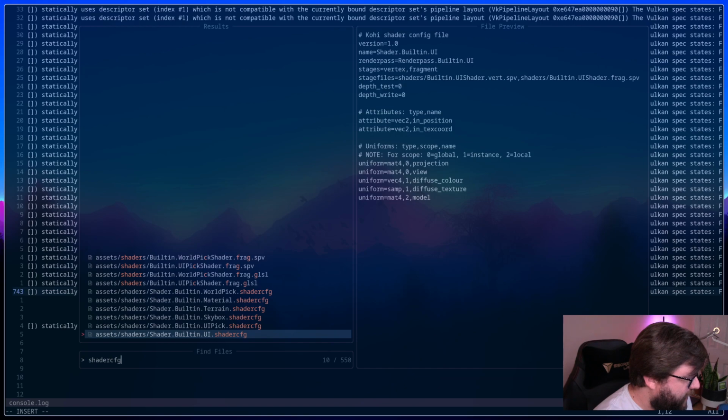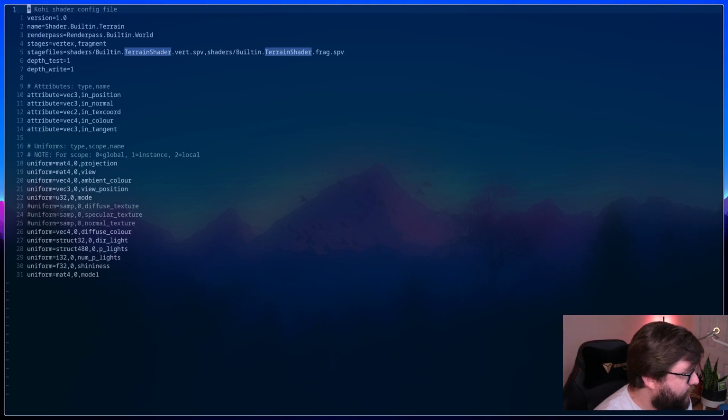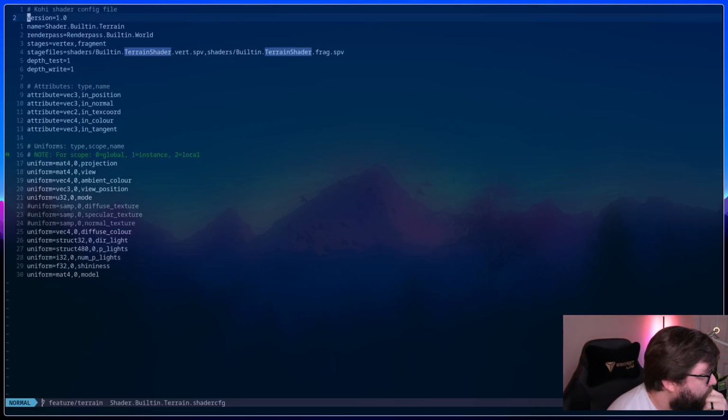So let me have a look at the terrain shader config. So all of our attributes are the same. The minute this changes, well, no, we should still be good with this, actually. We haven't actually changed this, I don't think. Or did we?